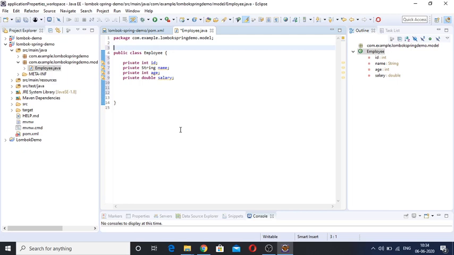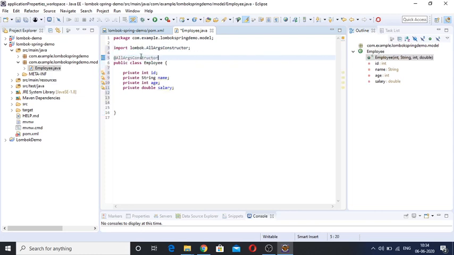Just like I'm showing you, I am using the AllArgsConstructor Lombok annotation, so it will automatically generate the all-argument constructor for this Employee class.